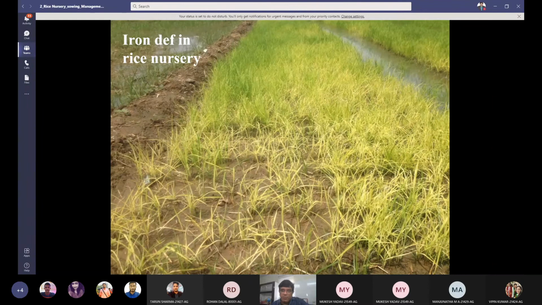Now, you see, I told you if you do not keep your nursery area submerged or flooded, then your rice nursery will become yellow. And these are iron deficiency symptoms. In the beginning, the upper leaves are yellow. If the deficiency continues, even lower leaves can become yellow. And then after yellow, the color will turn to white and then brown. Starting from green to yellow, yellow to white and white to brown. These are the changes in the color under iron deficiency. And then your seedlings may die if iron deficiency continues. So therefore, if you keep your soil flooded with water, this deficiency will not come.